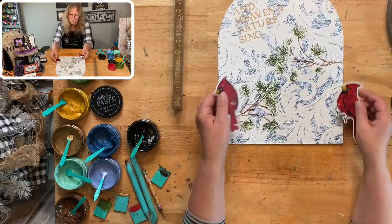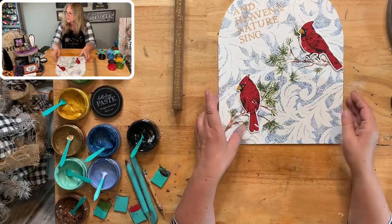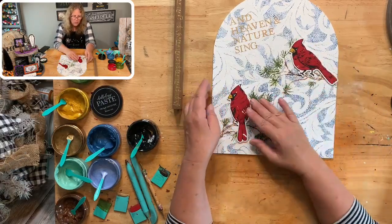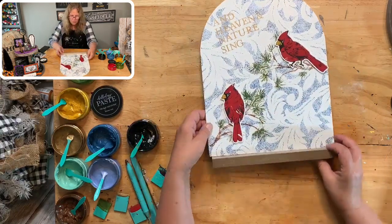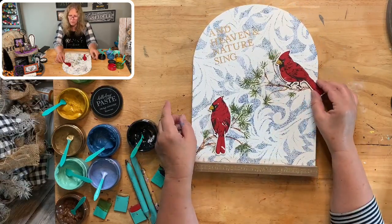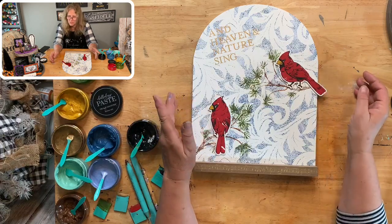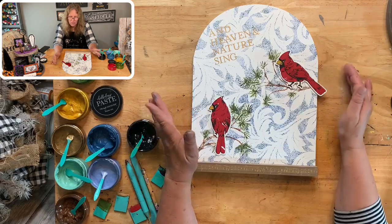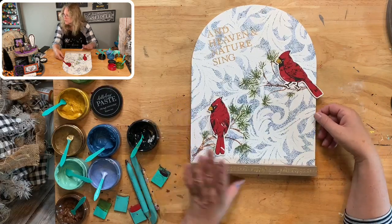Okay, I want you to help me with this. I'm kind of wanting this one here and this one here. Is that how you think it looks best? I'm going to show you the other way. So this one would be here. This is going to be in here like this. So this is going to be the base like that. So I'm kind of feeling like I want the tail to be off. The only problem with having the tail off is this. If I do something on the reverse side for Easter, if this happens to not sell, then you would have the tail like that. But I can move it. So, Cardinal's